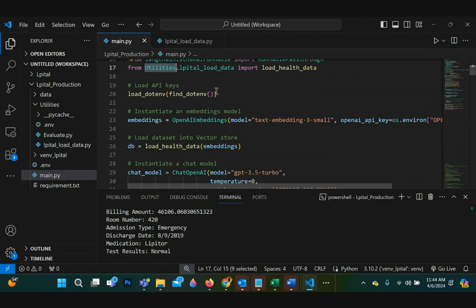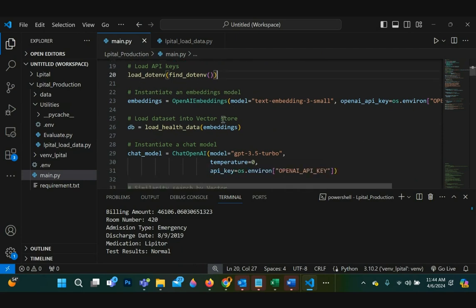Here again, if you're using OpenAI, you have to have your API keys. I have my API key stored in the environment as an environment variable, and I'm loading that in here. Then I instantiate the embedding model using the OpenAI embeddings that we imported. We're using the text-embedding-3 model, the small version. You have the small and large; I'm using the small version here, and passing in the key also.